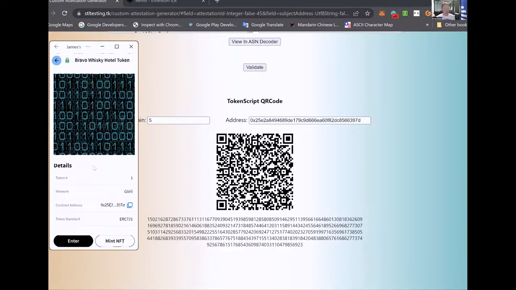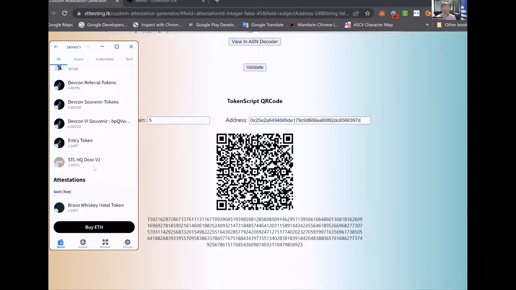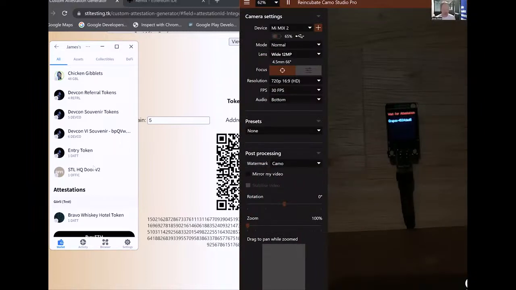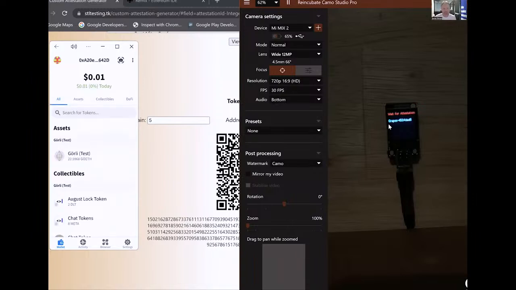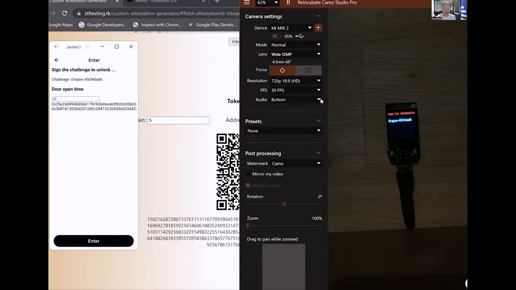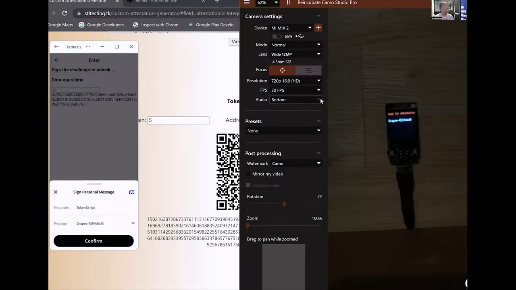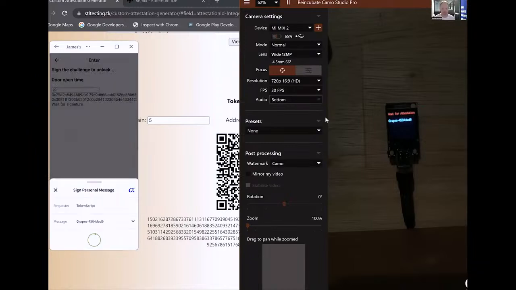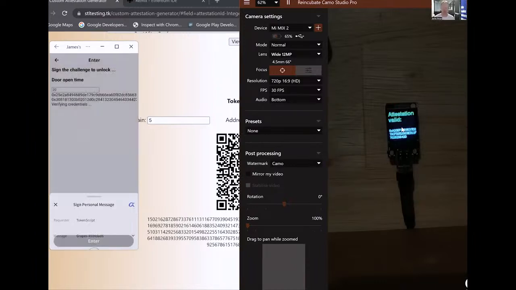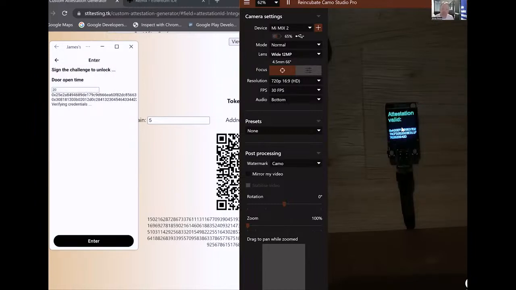So I'm just waiting for the network to catch up here. It should switch to an attestation screen. So I'm going to use that attestation again. I enter the hotel room. You can see that the text, the challenge, has changed now. It's been updated to grapes. I'm going to sign that challenge. The message goes back to the device, and this time, let's see how the attestation is processed on the IoT device. Yeah, okay, valid. So that's going to open the lock.